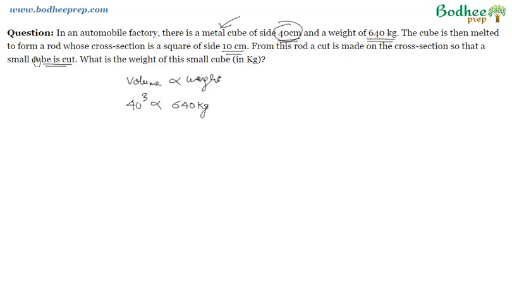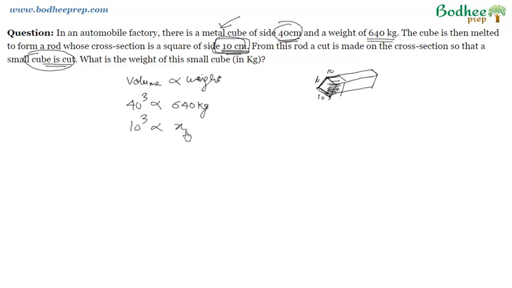Now the next cube which is cut will have the side or the edges for 10 centimeter only, because the cross section area is 10, so such was the rod. So this was something like the rod, and then every side was 10 centimeters. So again a cut was made like this, so that this particular part is a cube, so length, width and the height all three will be of 10 centimeters. So the volume for this particular cut cube will be 10 cube, and this is also proportionate to the weight, and let me assume the weight to be x.